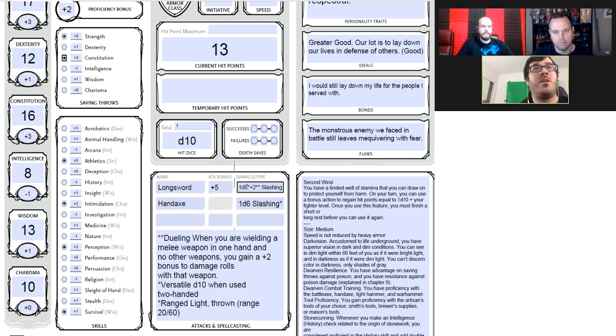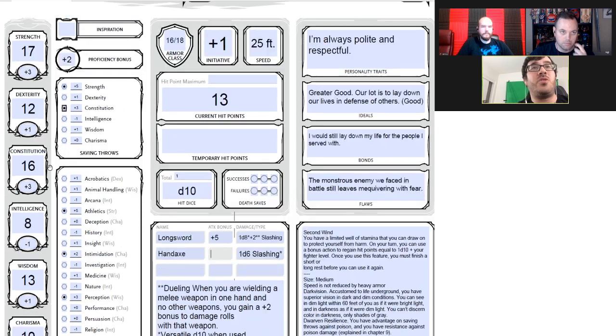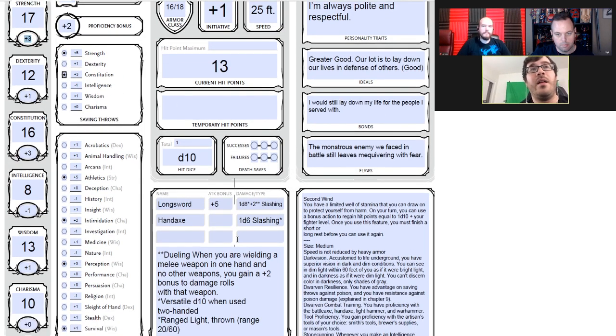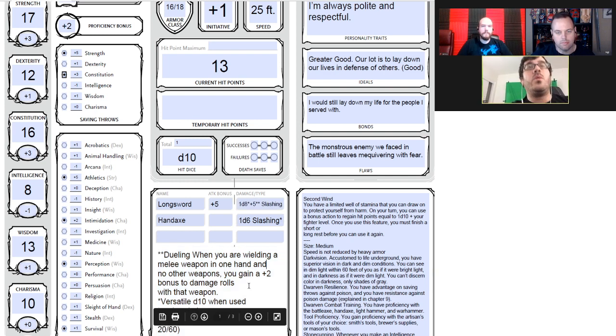So, for example, our longsword attack bonus uses strength. So, because we have a +3 in strength, we'll also add +3 to our damage as well. Now, this will add with our dueling fighting style that we picked before, which means that if we were to roll damage, we would roll 1d8 +3 for the strength, +2 for dueling fighting style, for a total of +5 to damage. So dueling specifically says that you have to be using a melee weapon, so the hand axe will